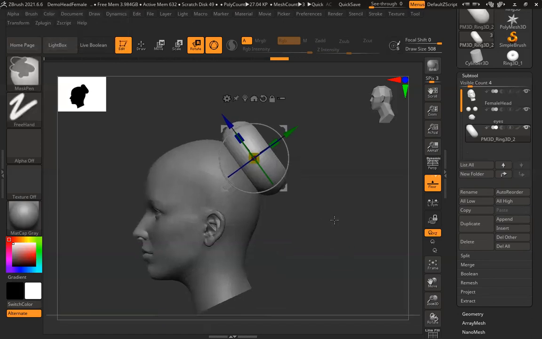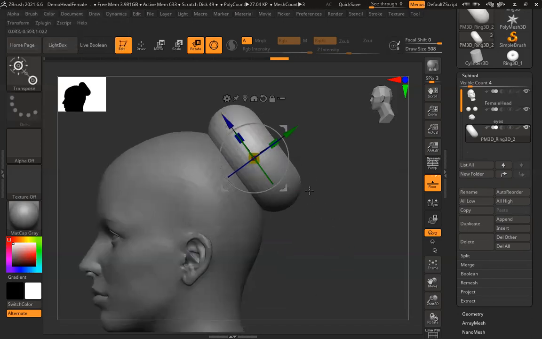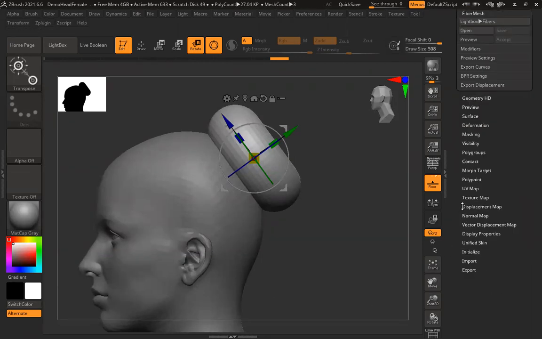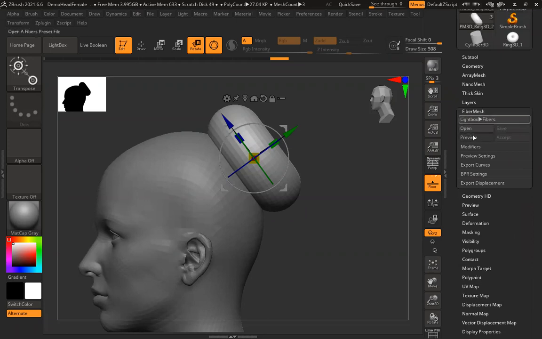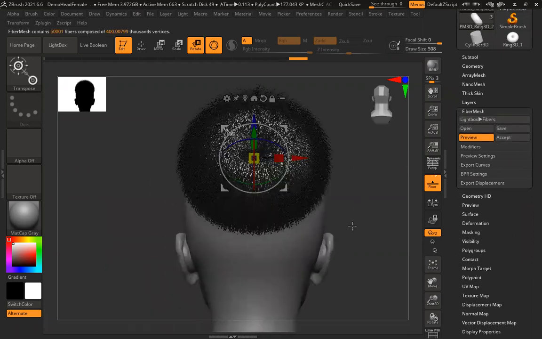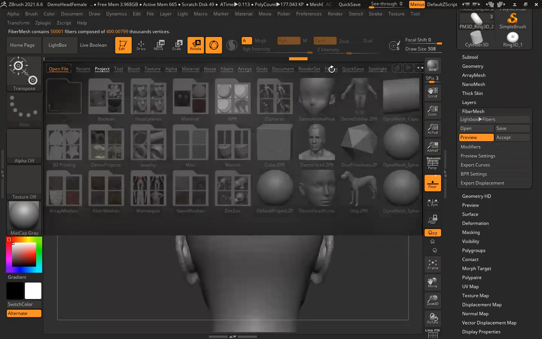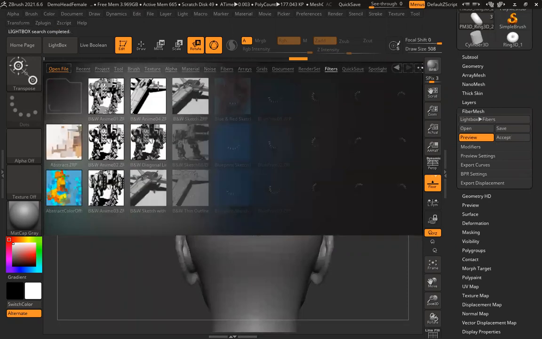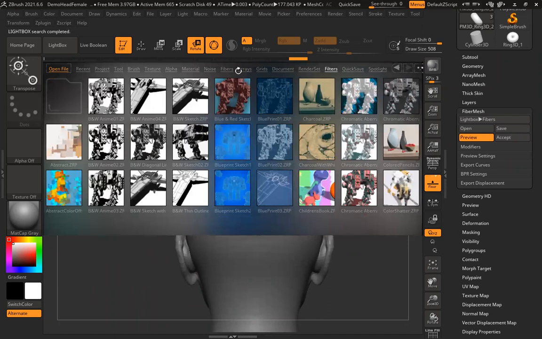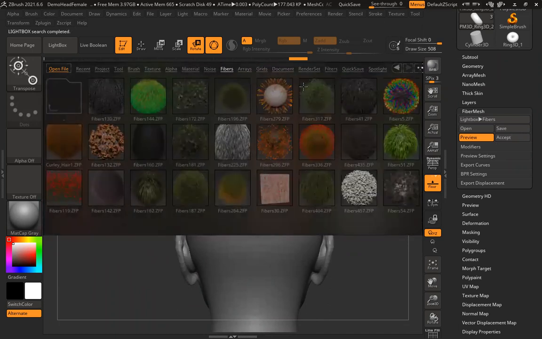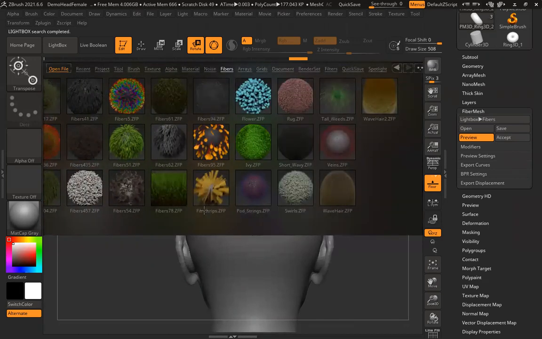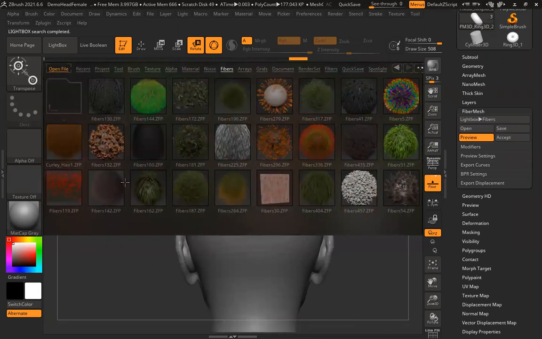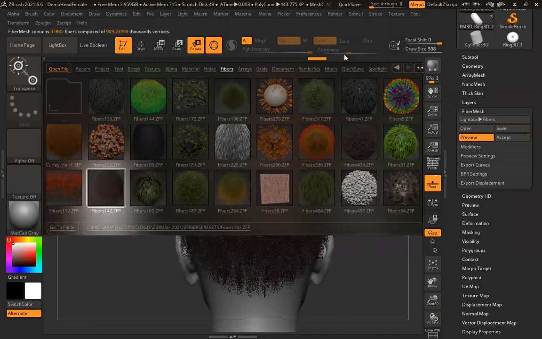Suppose you want to create here. I'll select this, my base model, and I want to generate here. So what I'll do, I'll go to Fiber Mesh. I can use this preview, or if I want, I can go to fiber mesh. Where are my fibers? Sorry, filters. Fibers, sorry. We have a lot of presets. Whatever I want to use, I can definitely use any one of them.